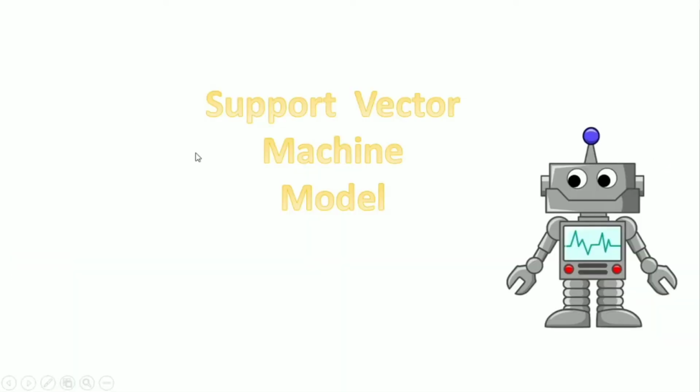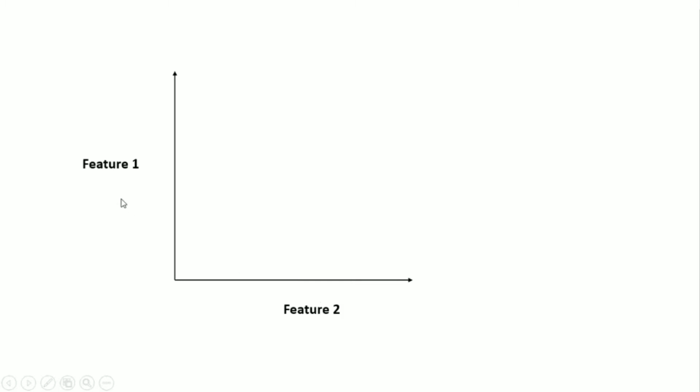For this dataset, we are going to use a support vector machine model to make our machine learning model. Let me explain what kind of algorithm it is. I'm drawing a graph here. This is the x-axis and this is the y-axis. On the x-axis there is a particular feature 2, and on the y-axis there is a particular feature 1. These are two columns, you can consider them as columns here, and these are some data points.